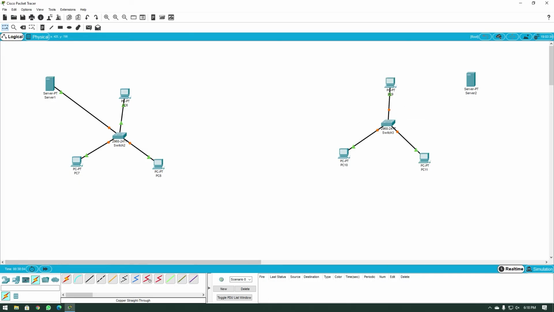And then let's connect the server to the switch. I'm also going to add a router because the 2 networks won't be able to talk to each other otherwise. I'll go to network devices, routers are selected. I'm going to add a 4331 in the middle over here. I'm going to connect the switches to the routers.